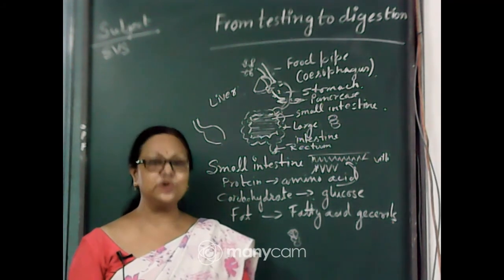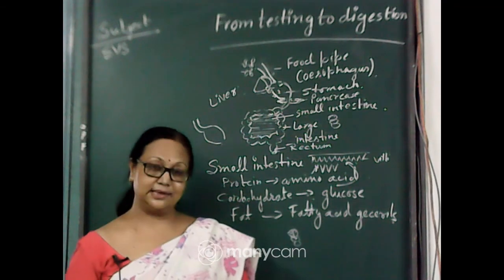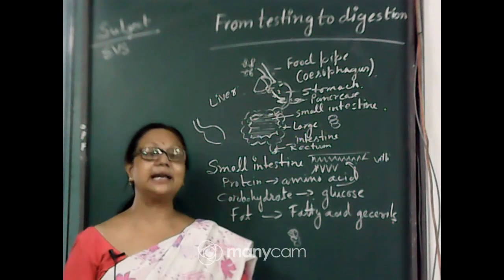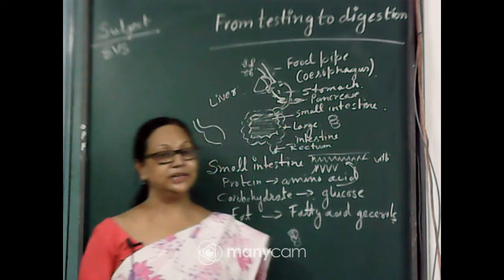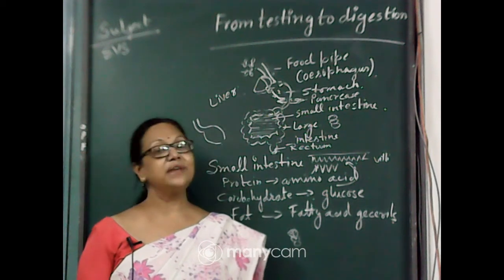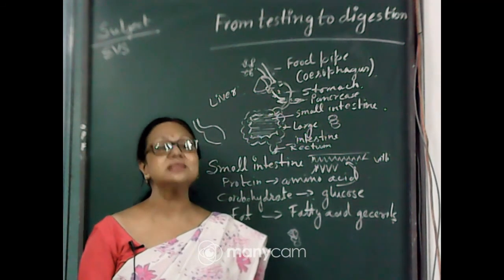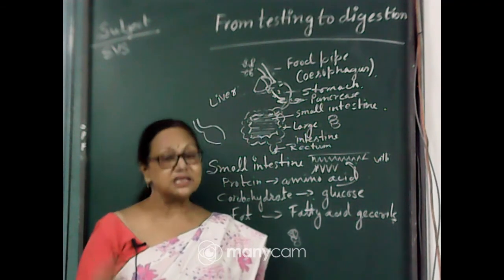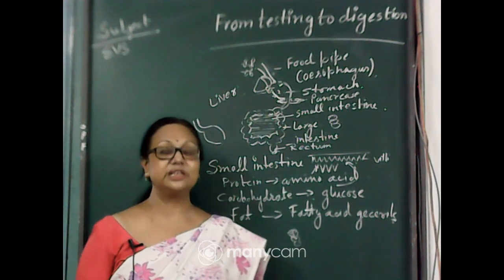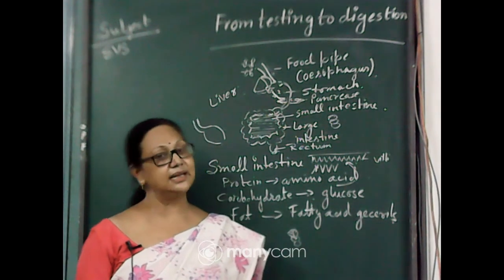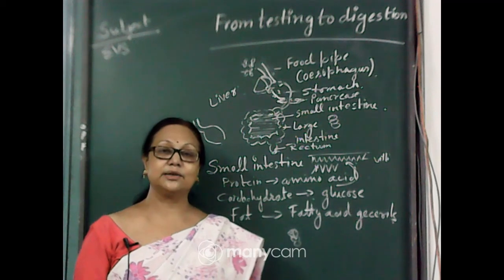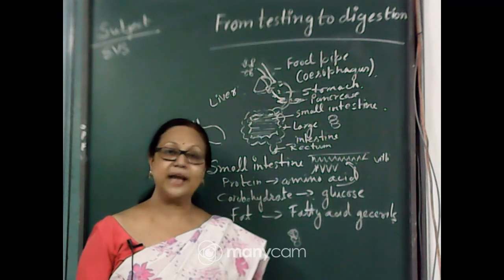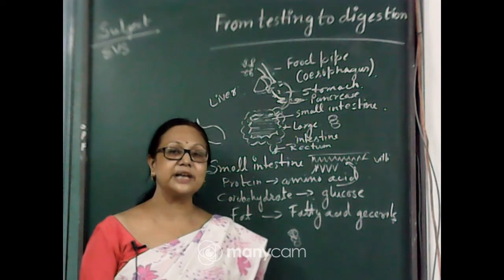Because I told you glucose gives you instant energy, because glucose is the simplest form. Whenever you eat carbohydrate, at first it will digest, then it will convert into glucose. But when we take glucose water directly, there is no need of digestion. It will instantly mix with your blood, and it will give you instant energy. So glucose drip and glucose water are very important at the time of our need of energy.